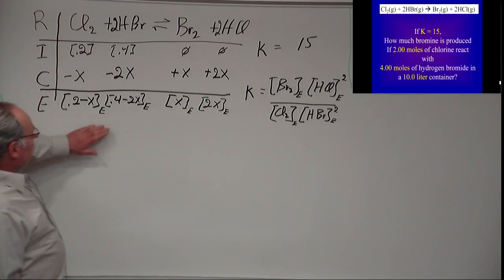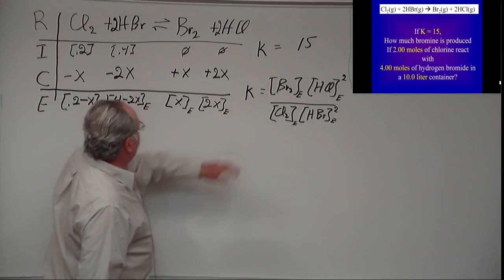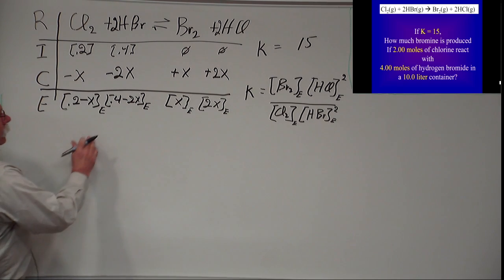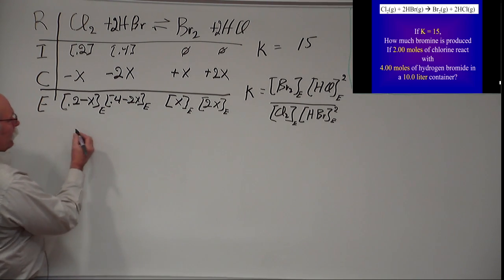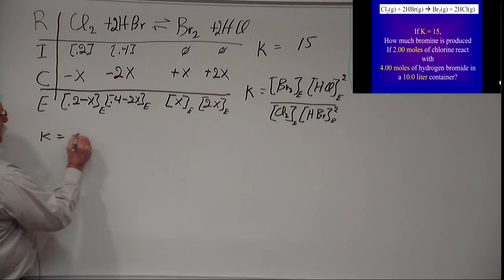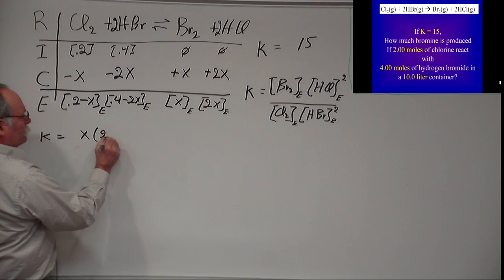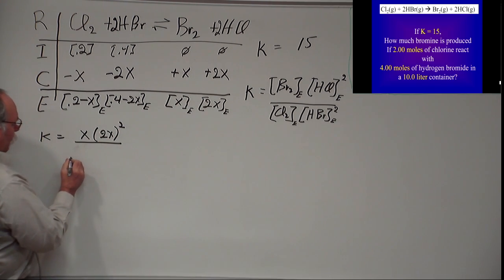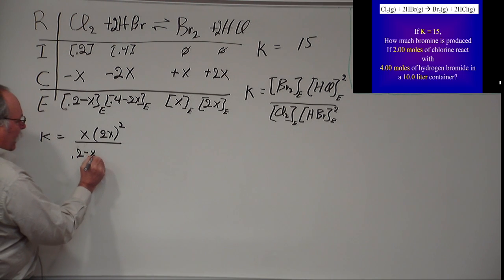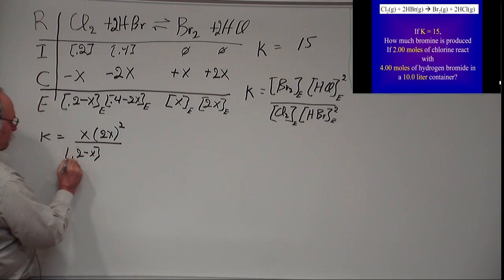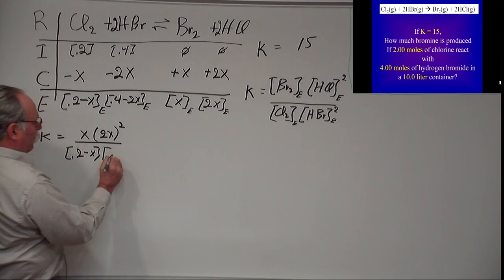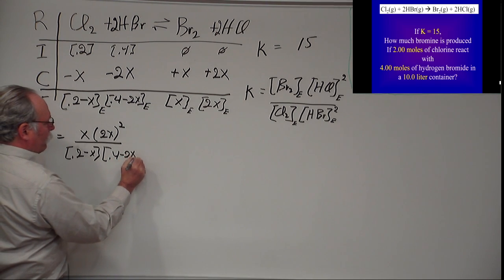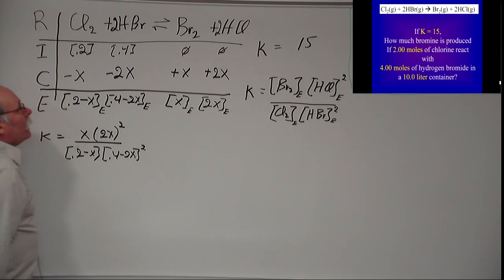Now what we do is we substitute these values into here, and we get K is equal to x times 2x all squared, divided by 0.2 minus x times 0.4 minus 2x all squared. Now,